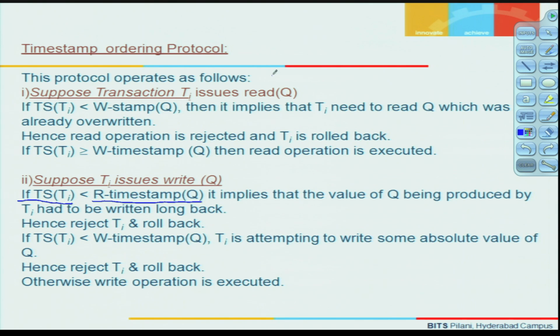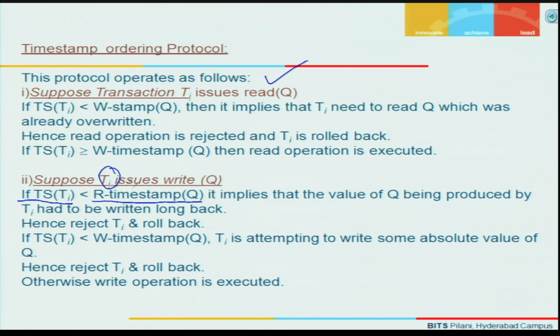If it is a read operation like in the previous case, I don't have to look at the read timestamp of the data item Q, because read and read are not a conflicting pair of operations. I need to look at only the write timestamp. But when Ti is making a request for a write operation, then I need to look at the write timestamp as well